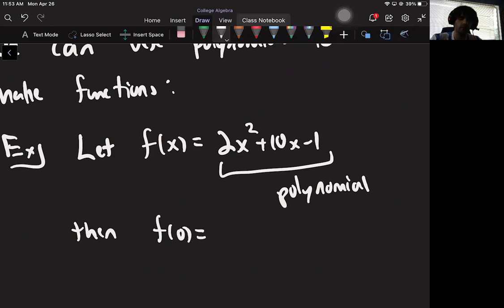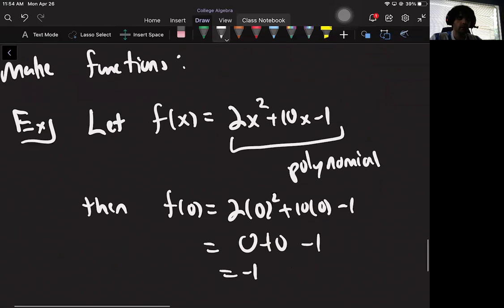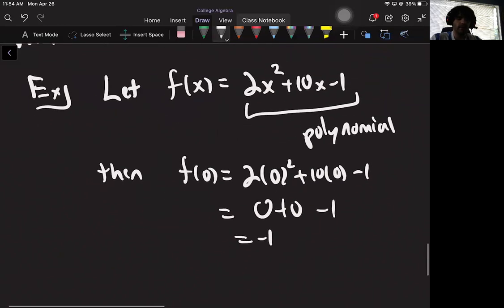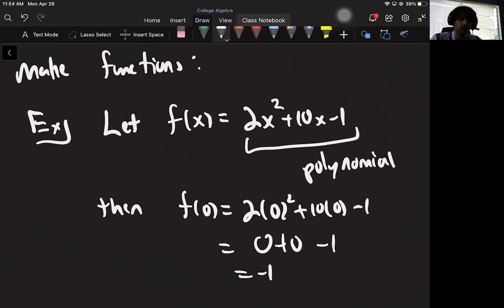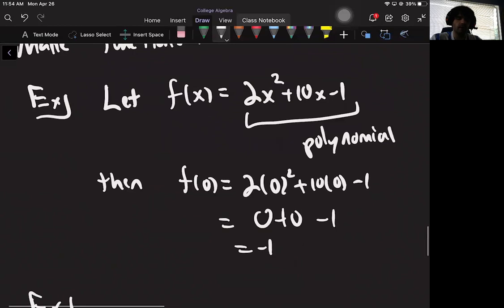So we sort of already did this without saying it before. So this would be 2 times 0 squared plus 10 times 0 minus 1. 0 plus 0 minus 1 equals minus 1. But I think we always kept it at most power of 2, but now we have fancier polynomials, so you could do fancier things if you want. We already know how to do function stuff like that, so we're not going to worry too much about that